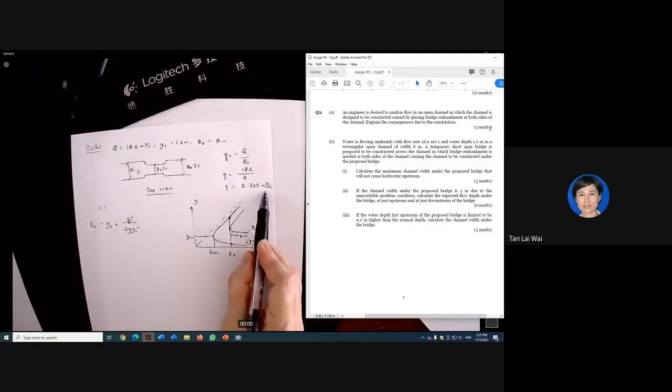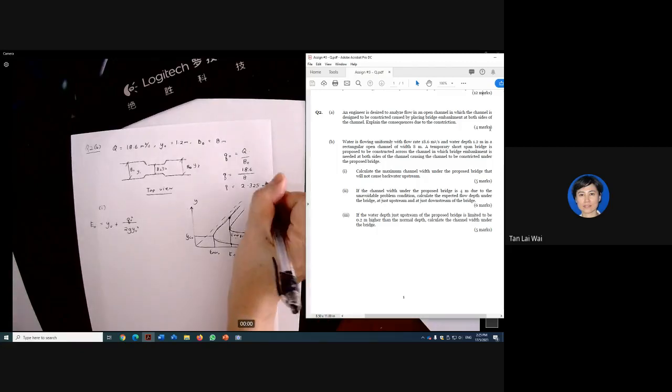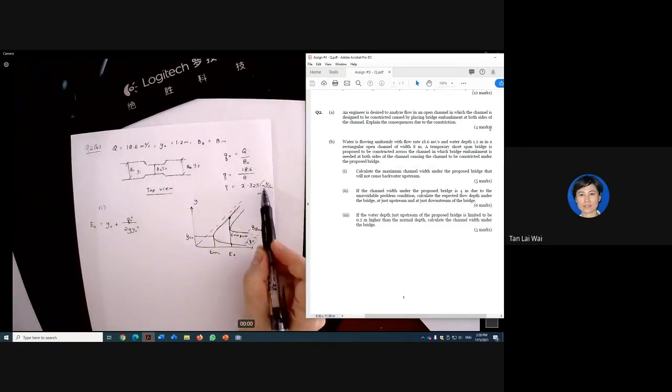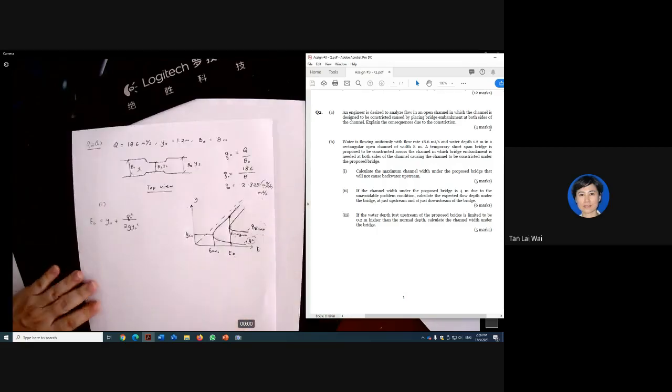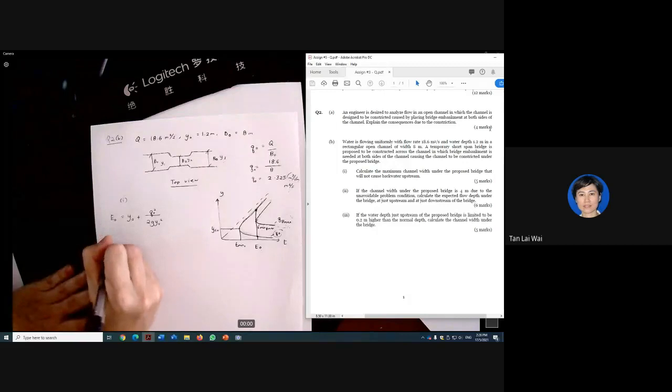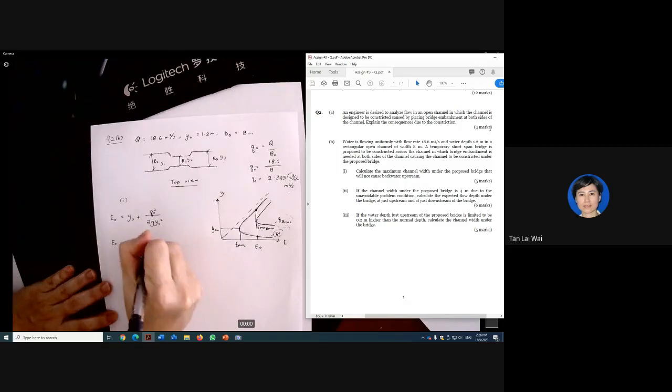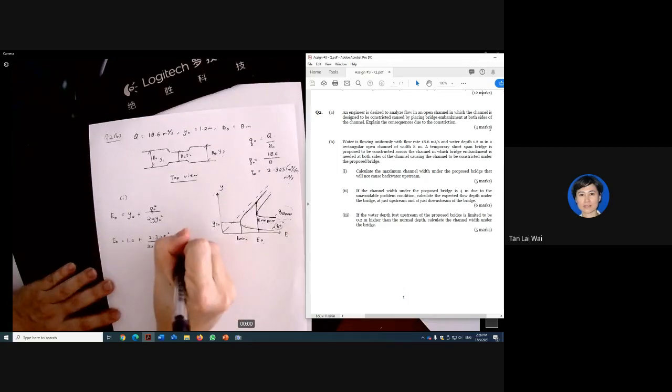So it's meter cube over second over meter. Or sometimes this unit I can write like this, because meter cube I cancel with meter, I'm going to have meter square over meter, right? So I have that. Therefore, this is my Q naught, I forgot again. So E naught would be 1.2 plus 2.325 squared over 2 times 9.81 times 1.2 squared. So what is my E naught here?